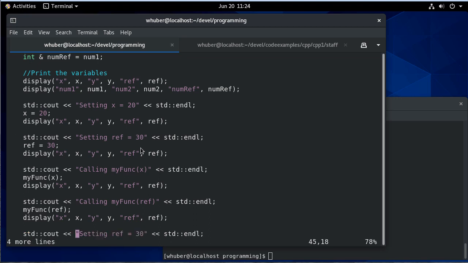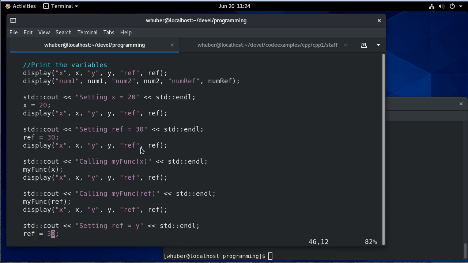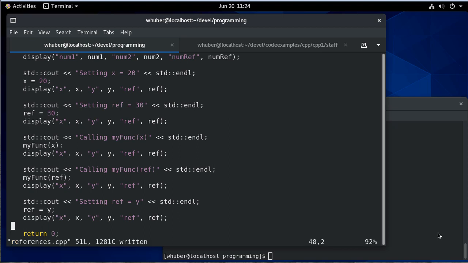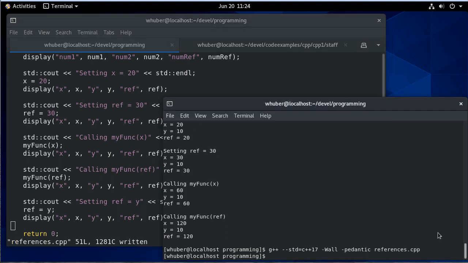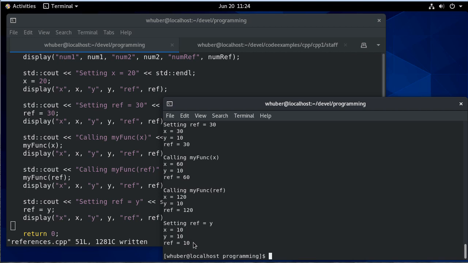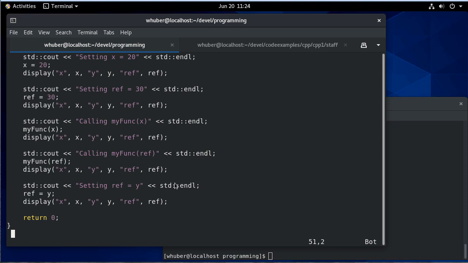Okay, so now let's set ref equal to y. So notice now everything's 10 again. Now y was already 10, but now x and ref are 10. Now why is that? Well, it's because this says set the variable that ref is an alias to the value of y. But now ref is not pointing to y, and we can show that by calling